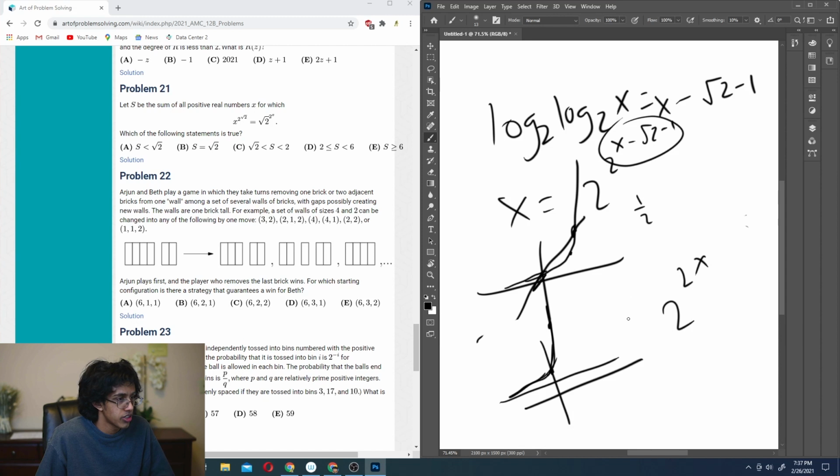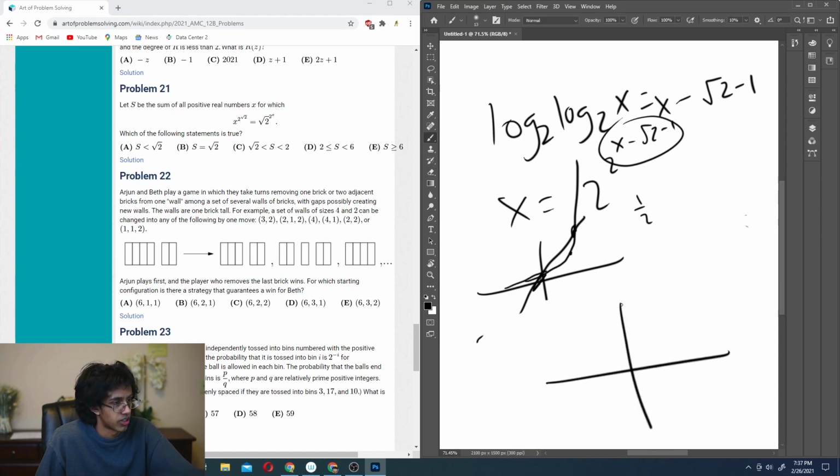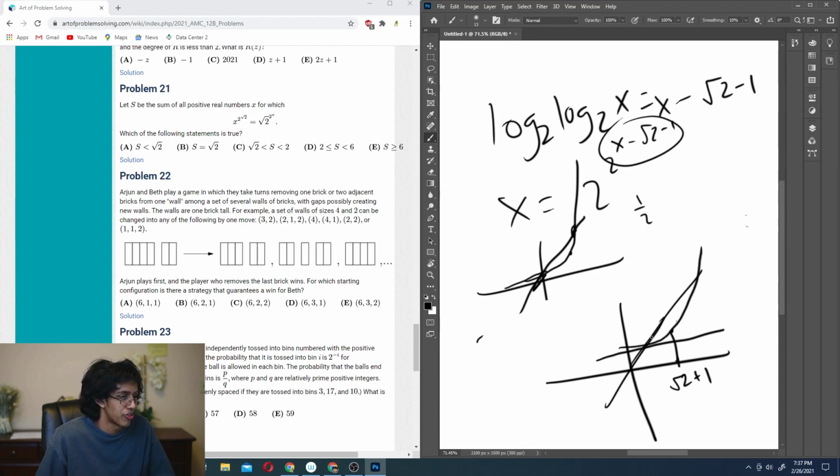So essentially you have your y equals x, you have your point at root 2 plus 1 and 2, and then there's an asymptote here, and it goes like that, right? So that doesn't help, because we know there is 1 over here, and we know there is another one here, but we don't know anything about the sum. Why don't we shift it over?